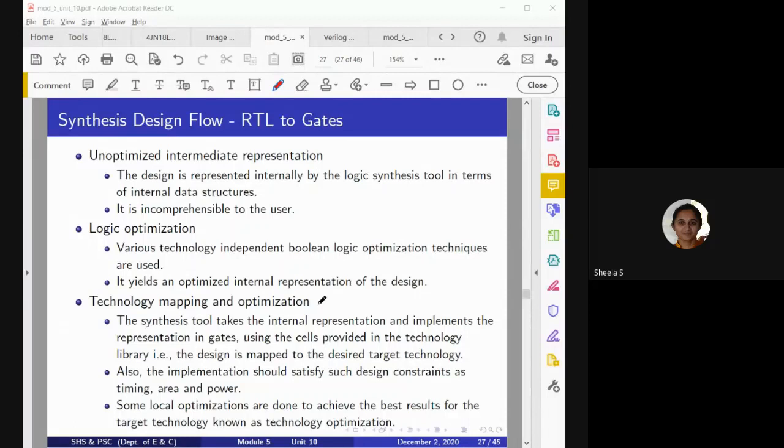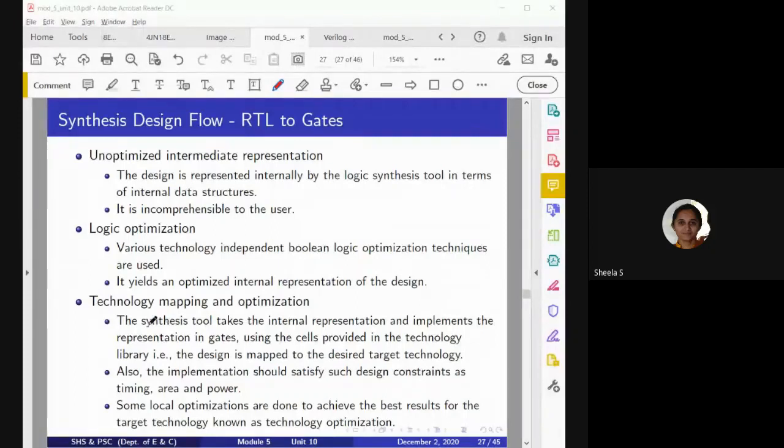I'll make a combination of these three gates and then perform the XOR operation. So here in my library only three basic gates are available. Some other vendor may have five gates, that is AND gate, OR gate, inverter, NAND as well as NOR. And similarly, some other vendor may have more basic gates. So every vendor has to define the corresponding library required to build a circuit using their technology. And while constructing the circuit, they will consider the area constraint, timing constraint, and power constraint, all these things.